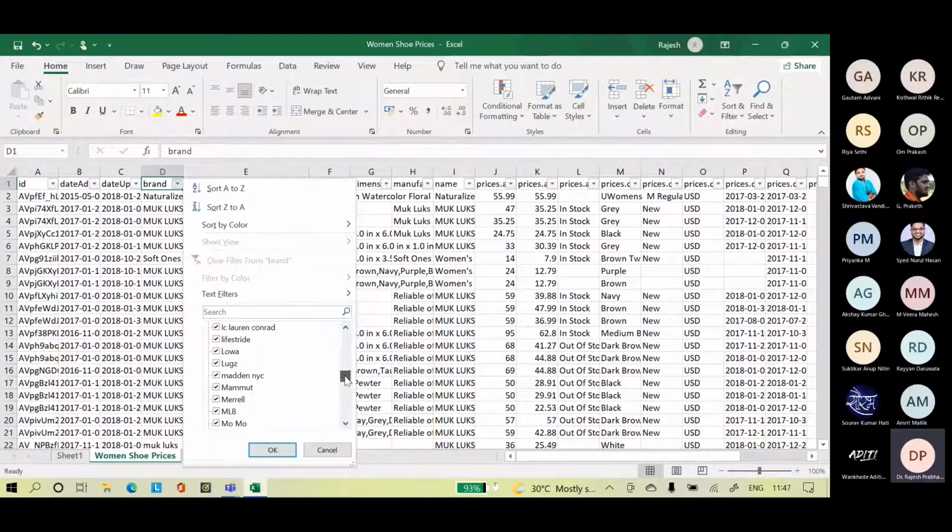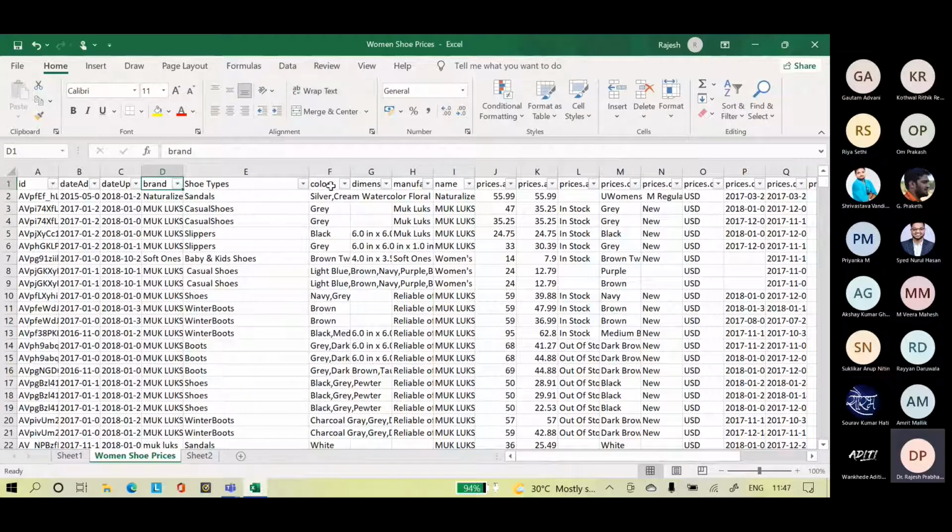I think there are no duplicate brands, right? So brands we don't have any problem. Brands are almost clear except the Brinley Co collection. Otherwise everything is okay in brands.